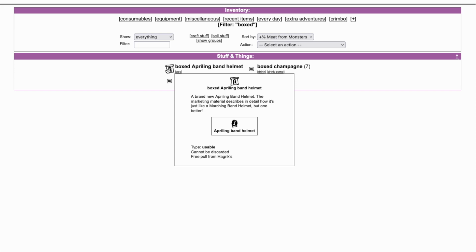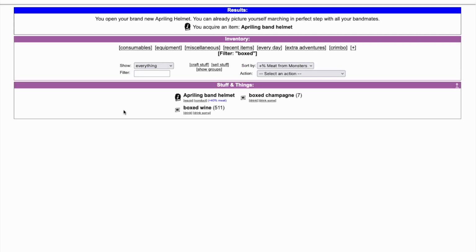Let's understand the April item of the month, the boxed Apriling band helmet, and rate it for different styles of play. Open up the boxed Apriling band helmet to get the Apriling band helmet. Wearing this hat adds 25 each to hit and mana points, removes the 1 in 22 chance of fumbling your weapon attacks unless you have a clumsy effect or situation, has a 75% chance of preventing negative status attacks,